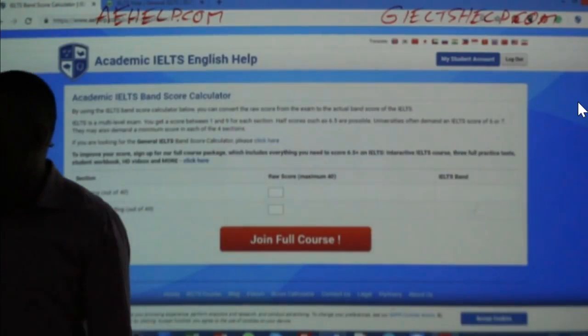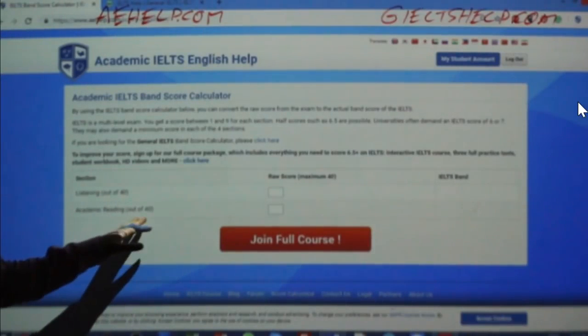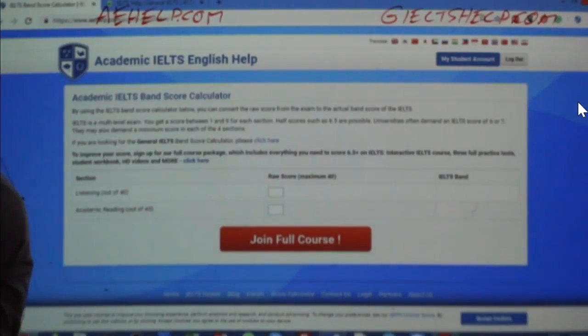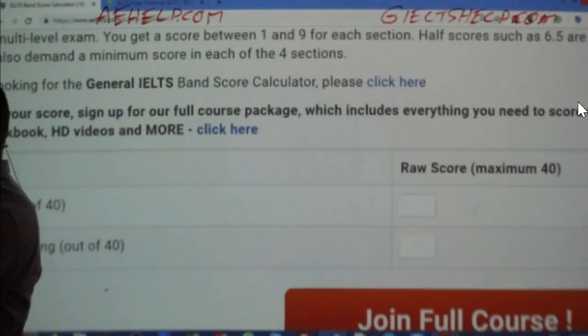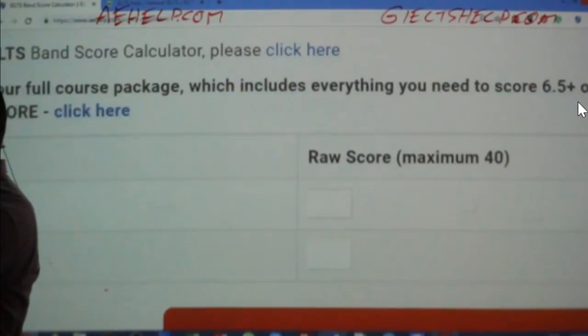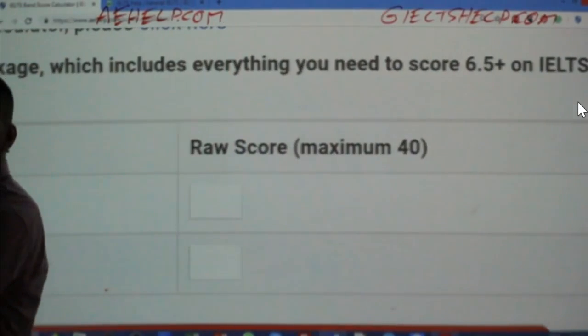It's different, especially for the reading, for academic, than the general, so make sure that you're on the right website. This is the academic website. Listening will be the same, but the reading will be different, okay? So if you have a band score of